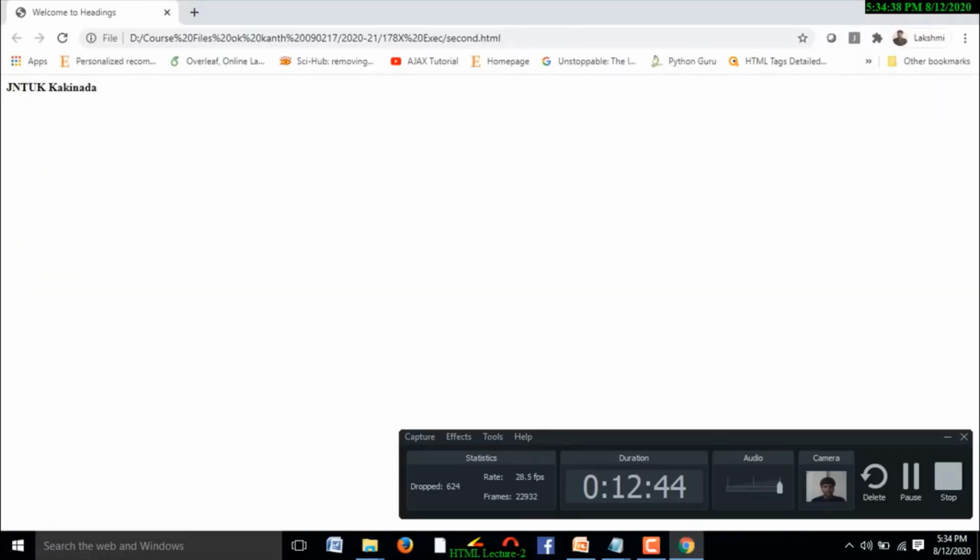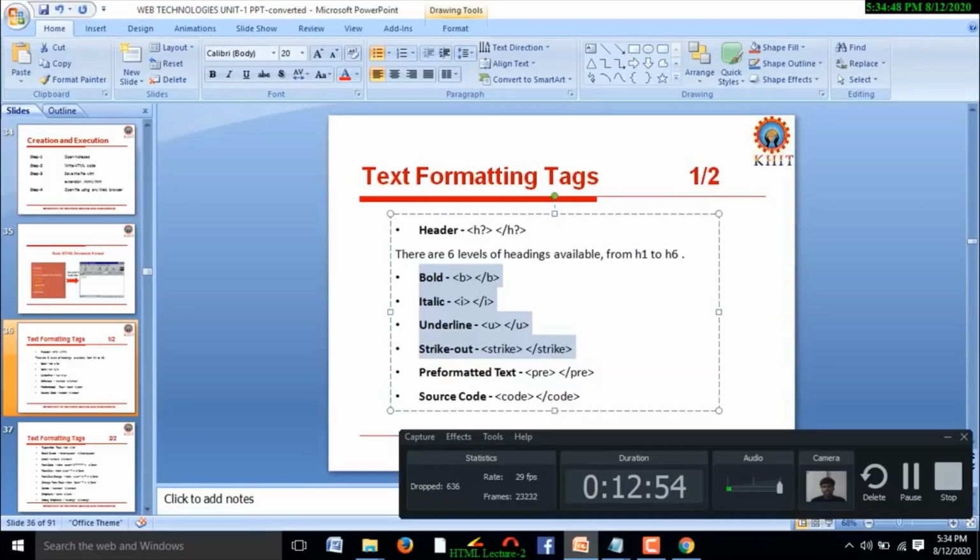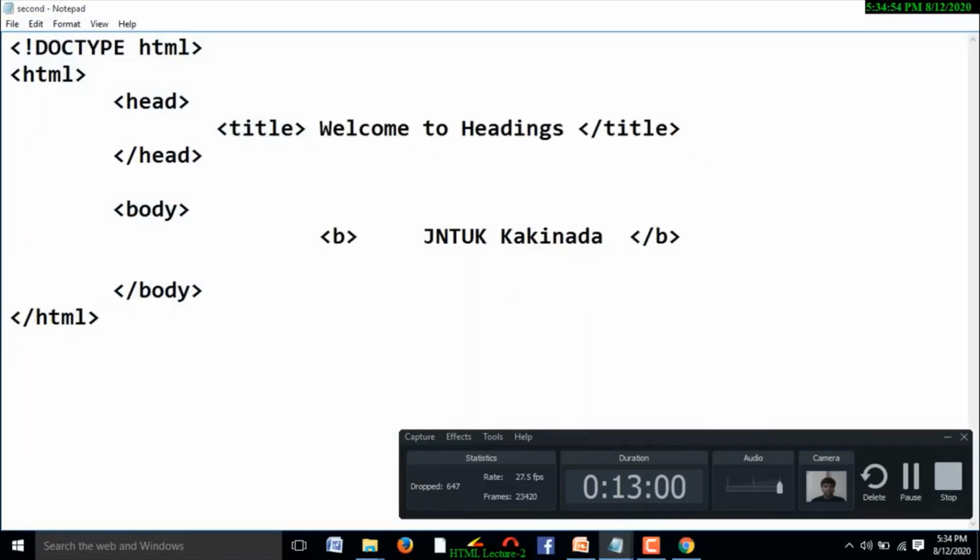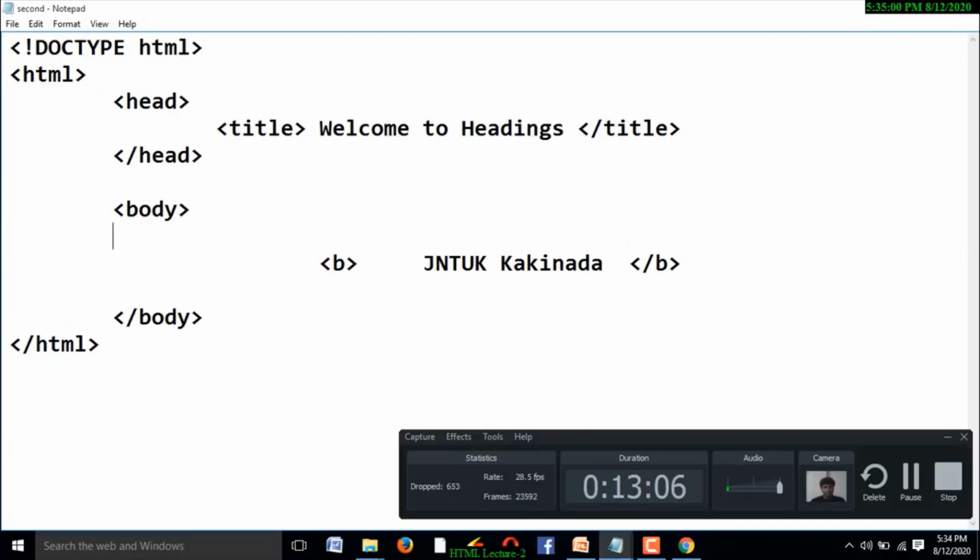If I click on this, JNTUK appeared in bold. Suppose you want to see the difference between bold and non-bold text, I will explain here. Suppose this is the bold text. I don't want any bold text in my content. See this, observe the difference between bold text and non-bold text.